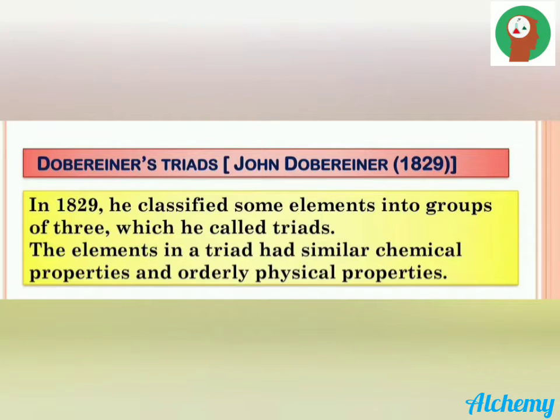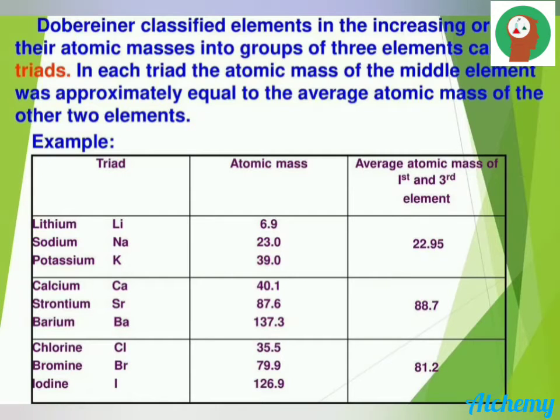The second classification of elements was done by Johann Dobereiner in 1829, called the Dobereiner's triads. In 1829, he classified some elements into groups of three, which he called triads. The elements in the triad had similar chemical properties and orderly physical properties. Dobereiner classified the elements in the increasing order of their atomic masses into groups of three elements called triads. In each triad, the atomic mass of the middle element was approximately equal to the average atomic mass of the